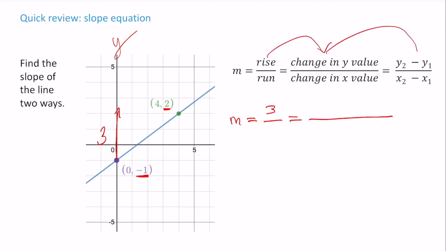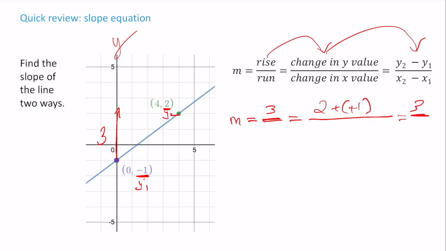And we can see that if we take the difference in the y values. So again, the first y value I had was -1, and I ended up at a y value of 2. So if I take that difference, 2 minus -1, remember minusing a negative is the same as adding a positive, I end up with 3, which is exactly what we had by just looking at the graph, okay? So we can find the change in our y value, or the rise, by just looking at what happens in